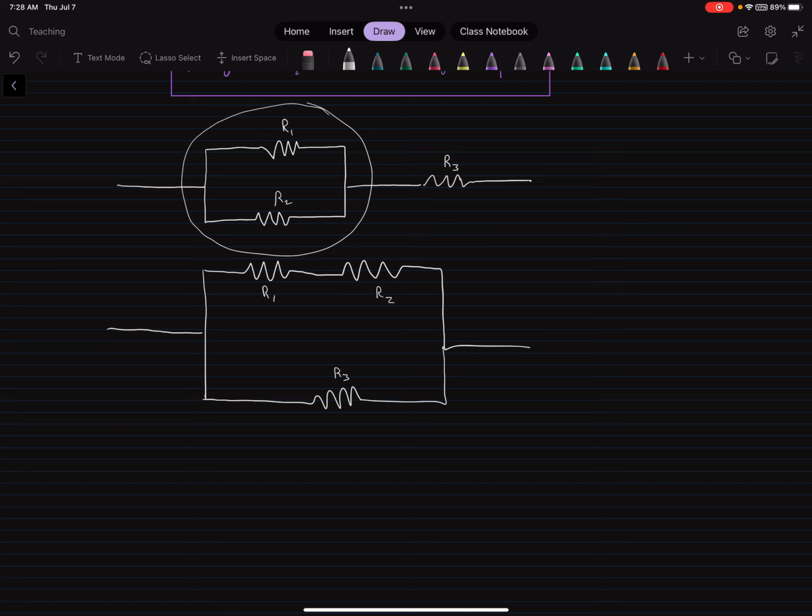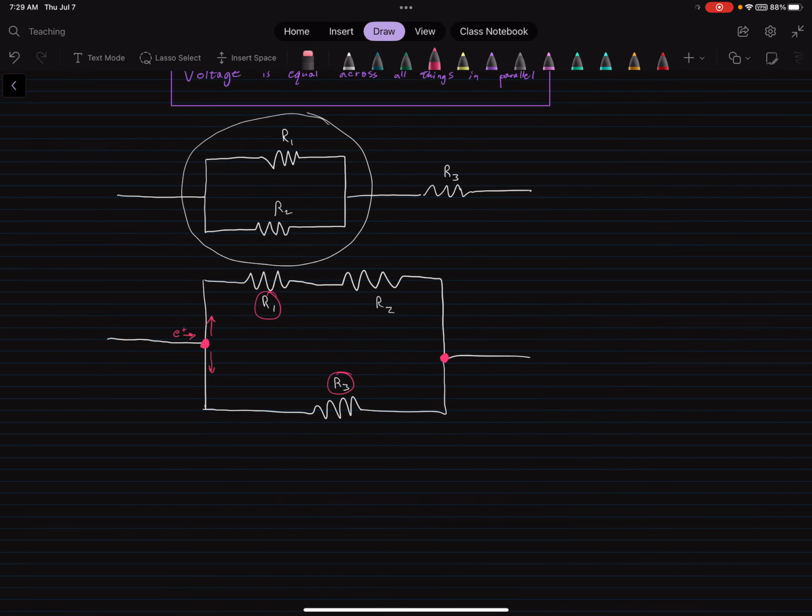So if you're having trouble recognizing these arrangements and you're not sure why I'm calling some things parallel and other things series and it's not clicking, what you need to pay attention to are these junctions here. If there exists a junction and you put yourself in the place of an individual charge that's traveling, if you have a choice to either go through one component or another component, then you know that they are in parallel, right? But if by traveling through the circuit you must go through both of them, an individual charge, right,